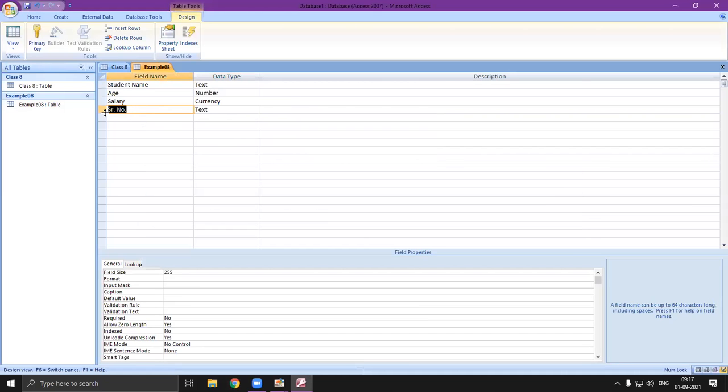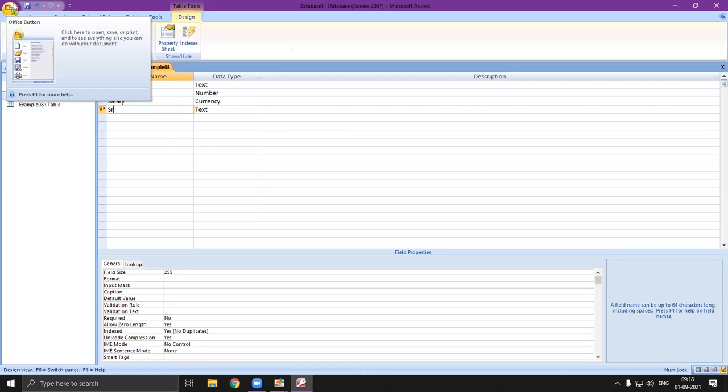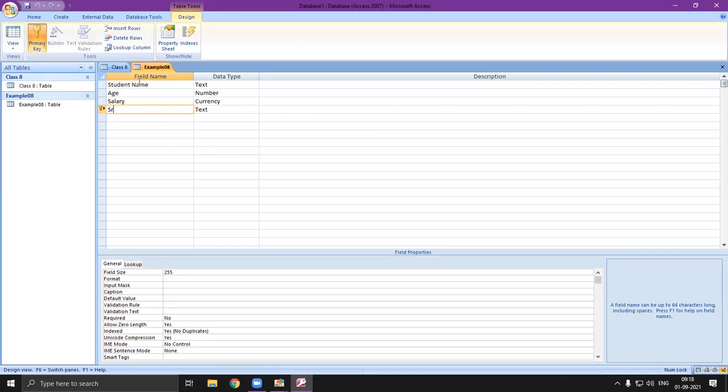Okay, don't be upset. So here I can make it a primary key for ID. So I need to create a primary key also. So I will select my field and here I can select it as a primary key. Okay. Now if I save it, then it will be saved. Okay. So this is how we have created our table.